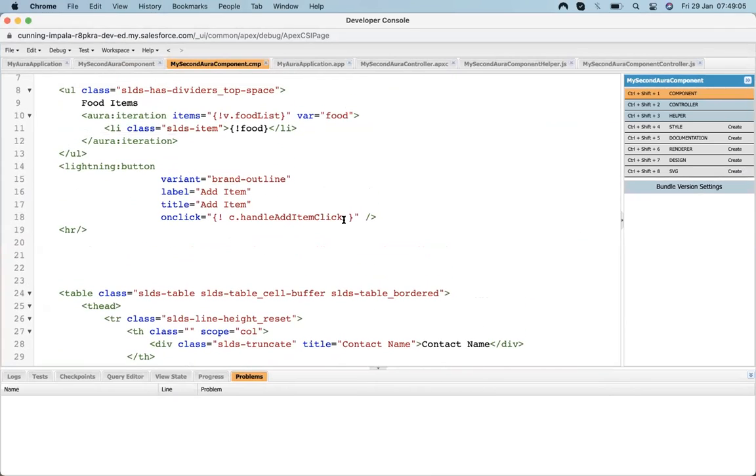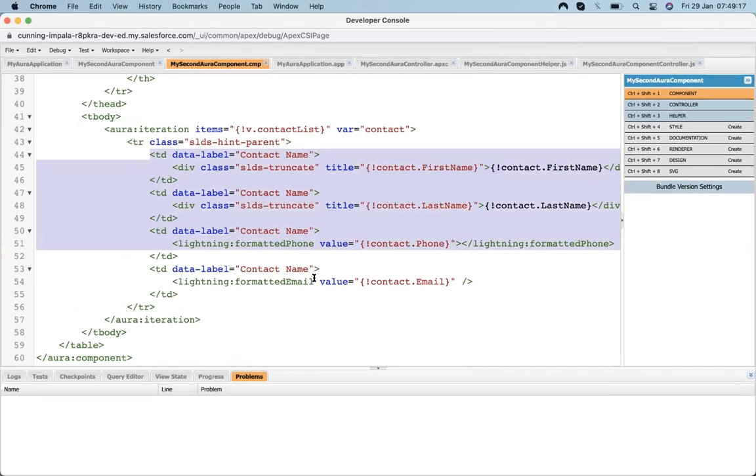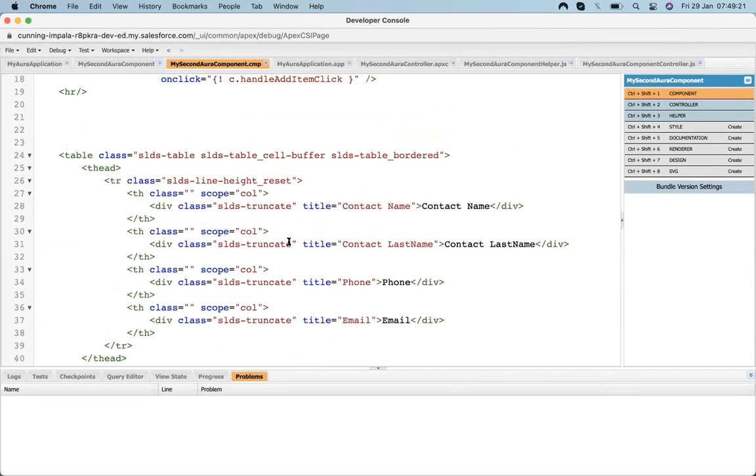Okay, so in this way we can display the list of items up here and check how it's working. Let's put some more things. Let's have a look at how we can put some actions up here. So before going to that, do you guys have any questions?